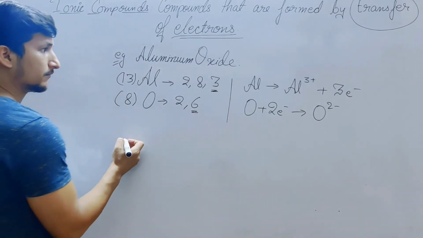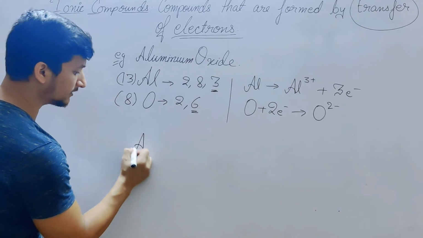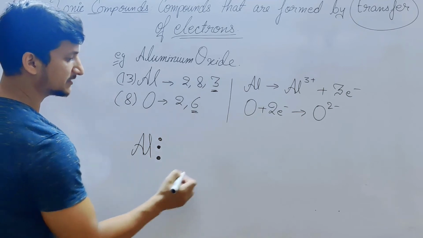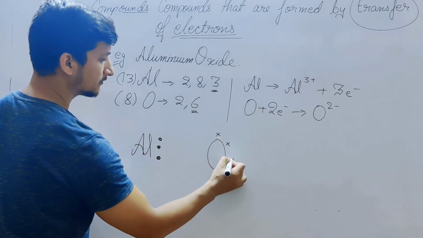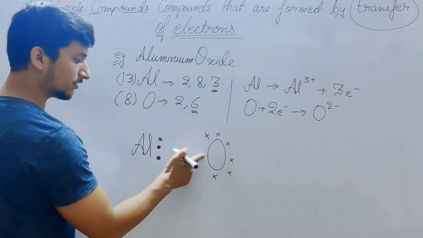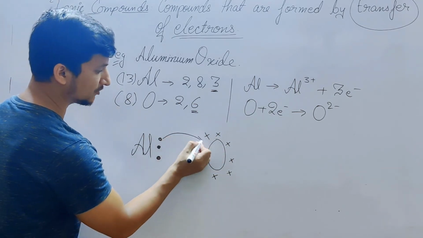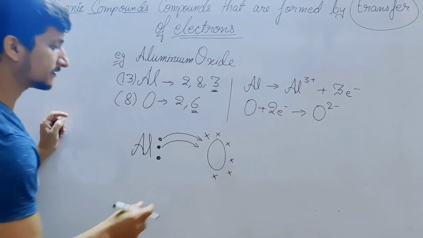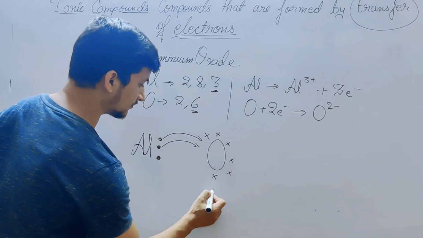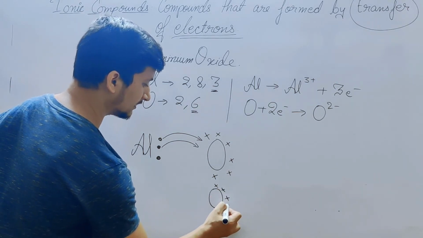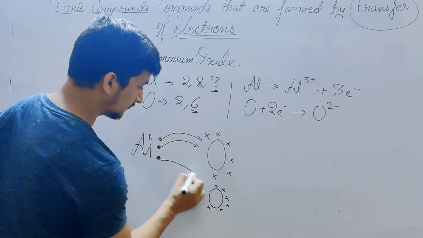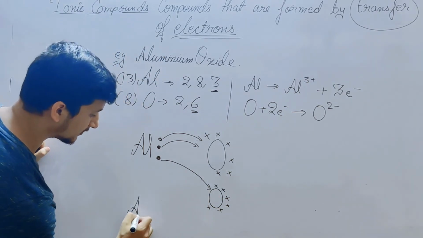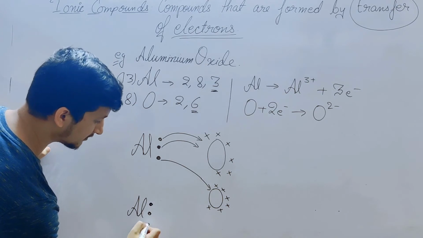Now, moving forward, look at aluminium, which is having 3 electrons in the outermost shell. Oxygen, which is having 6. Now this oxygen needs 2 electrons from aluminium, so aluminium will donate its 2 electrons. But still 1 electron is left, so let us say it will give its one electron to another oxygen atom. 1, 2, 3, 4, 5, 6. But now this oxygen atom needs one more electron. So let us take it from another aluminium atom. It is also having 3.